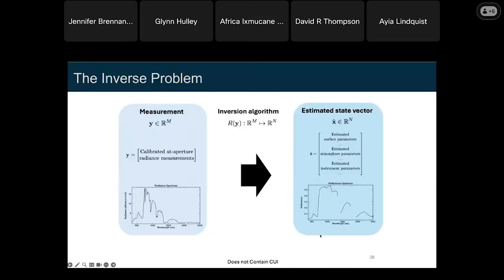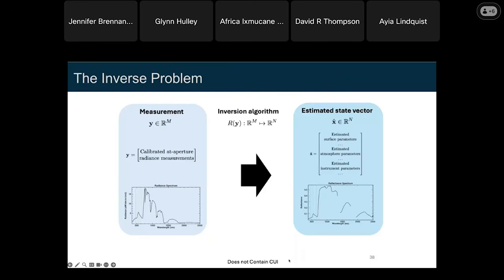What we really care about is the inverse problem, that is taking the radiance spectrum and trying to figure out what is the most likely configuration of state vector parameters that gave rise to that radiance spectrum. This is mathematically underdetermined, so we have to bring some new constraint to the problem. So we want to fit the radiance spectrum with some constraints that make it well posed and drive us to